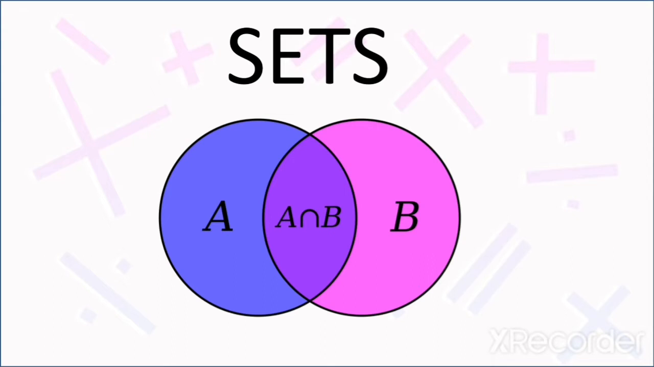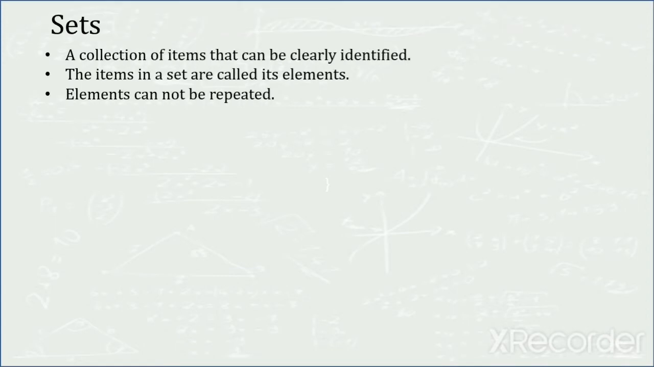Okay, let us start the lesson by recalling what you know. Sets means a collection of items that can be clearly identified. The items in a set are called its elements. Elements cannot be repeated. You have to remember these 3 points. A collection of items that can be clearly identified means